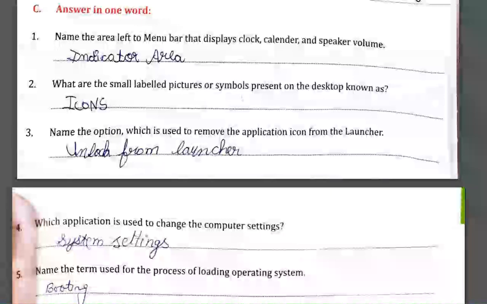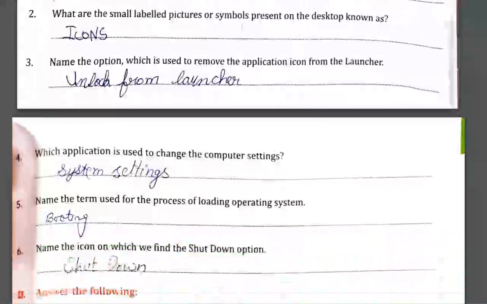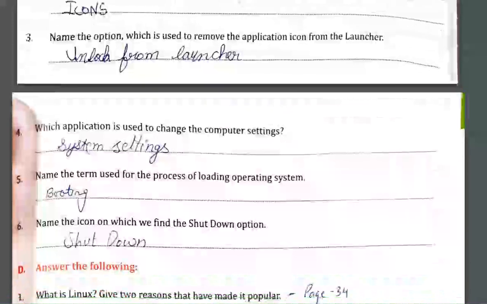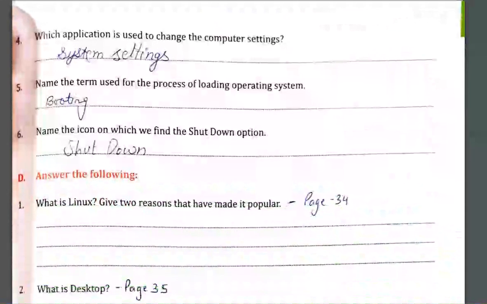Name the option which is used to remove the application icon from the launcher. Unlock from launcher. Which application is used to change the computer settings? System setting. Name the term used for the process of loading the operating system. The answer is booting.